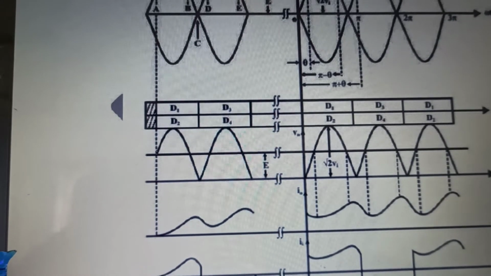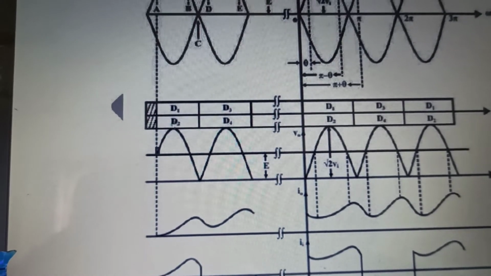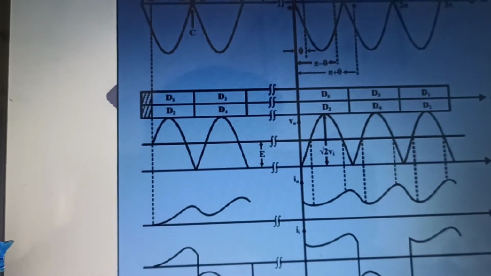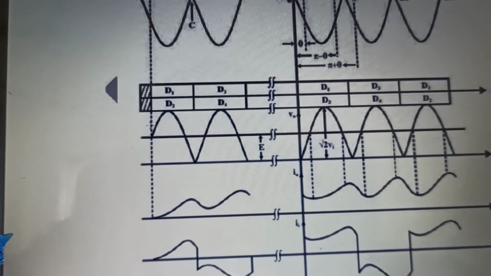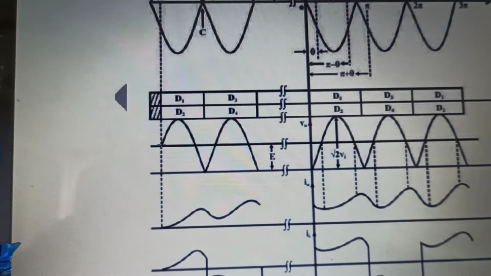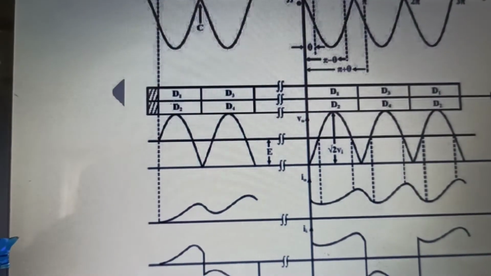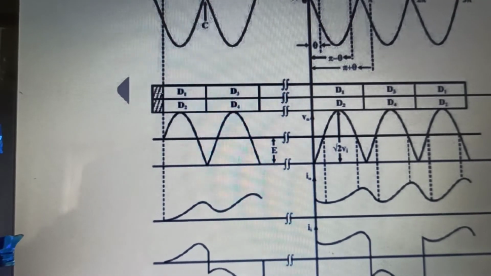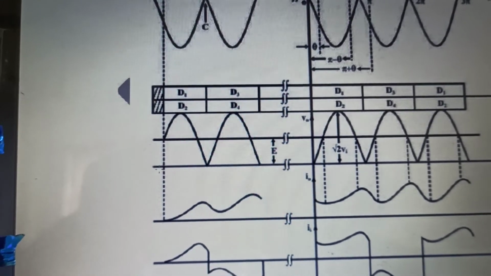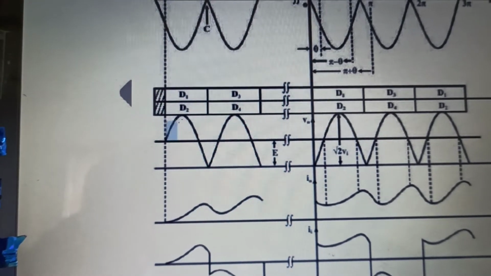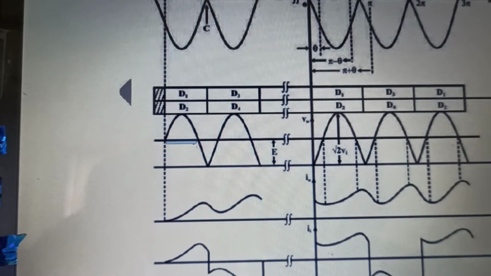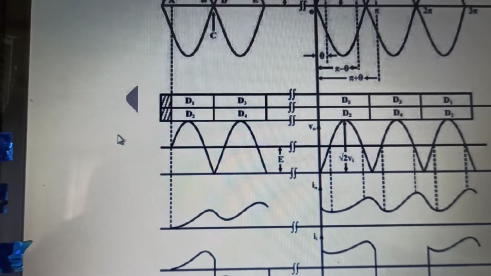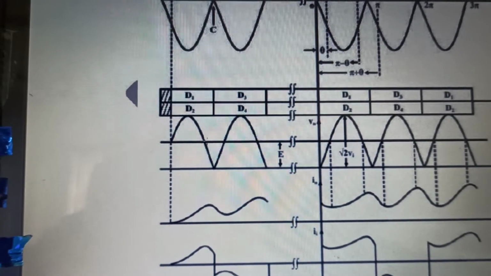Now have a look at this. In this fashion, till this point it will go. If it is clear, have a look at this once again. After E, this is the phase gap, this blurred part. This is the part that I had blurred. This part of voltage won't appear. It means the voltage won't start from 0. It will start from here. It will go like this. And if the mode is CCM, then for sure it will go on.